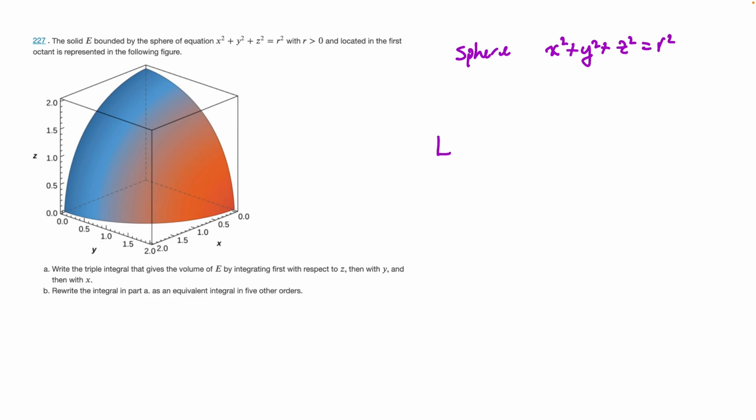Then if we want to come up with equations of that solid, E, we want to come up with 3 continued inequalities, and the first 2 inequalities will describe a projection